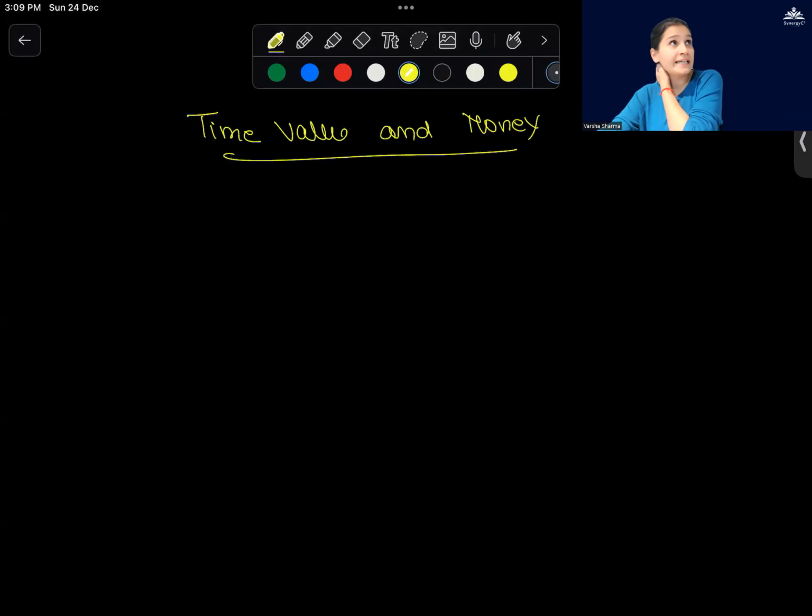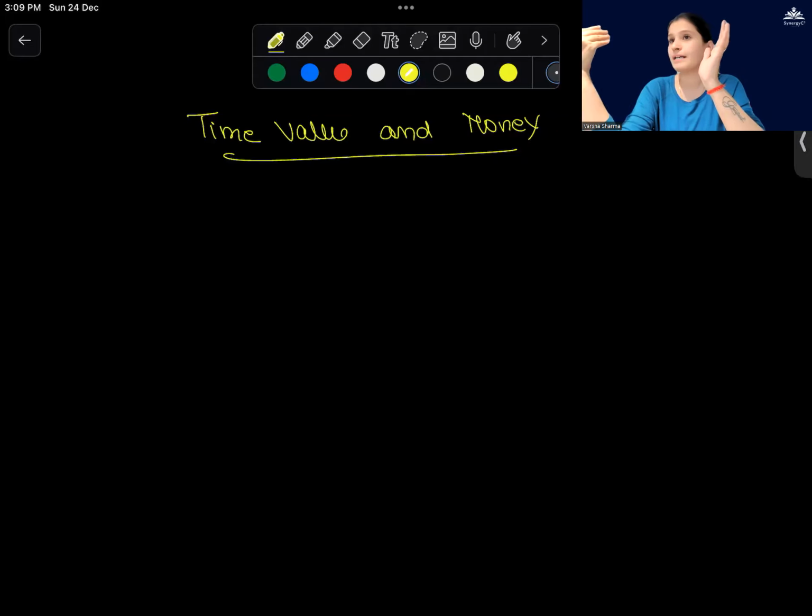Now, the entire chapter is divided into 2 categories. First is the SI and CI questions, and the second part is your annuity question. In SI and CI, first we'll be attending the questions that are pure SI, simple interest, pure CI, and then the mixture of CI and SI, like differences given for 2 years, for 3 years. If simple interest is this much, compound is this much, what will be the principal? Every single thing of that sort. Then we will move on to annuity.